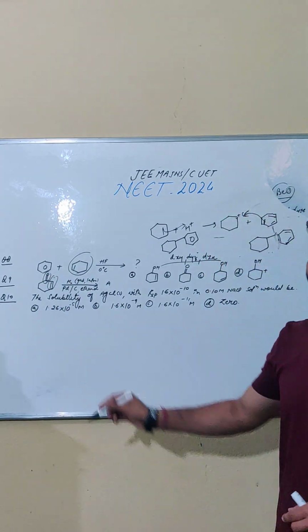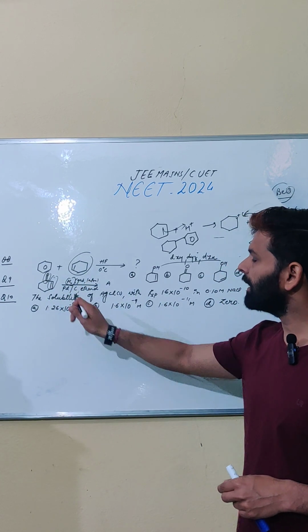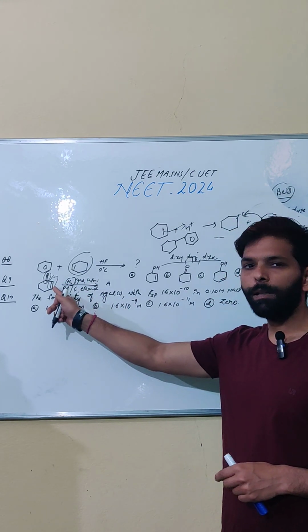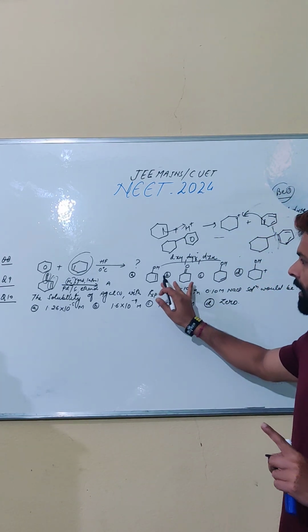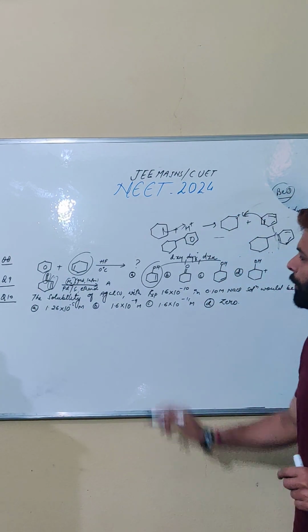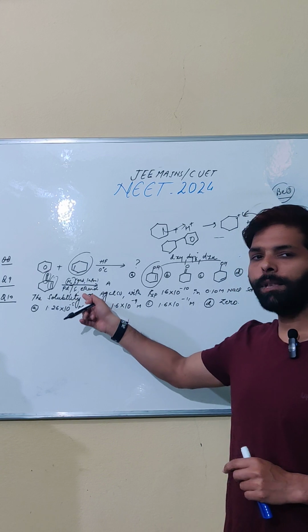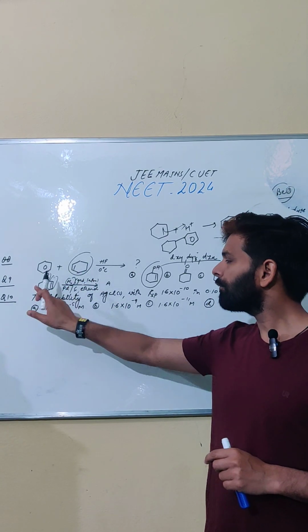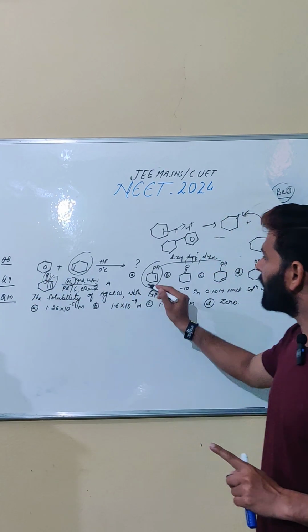In the 9th question, we are given a molecule that has a double bond and also a ketone, cyclohexanone, and we have to treat it with hydrogen gas at 1 atm and palladium carbon in ethanol. Actually this reagent reduces the double bond as well as the ketone group, but in this option you can see they are first reducing the ketone into alcohol. You have to remember, in terms of preference, hydrogen gas in presence of palladium, carbon and ethanol will first reduce the double bond and then it will reduce the ketone. So this can't be true.